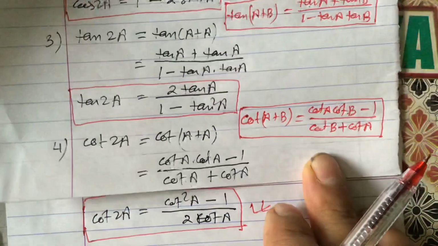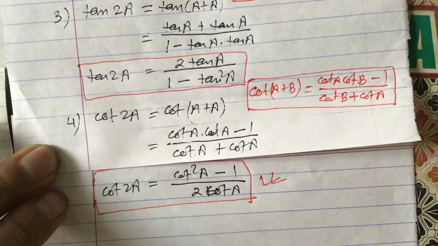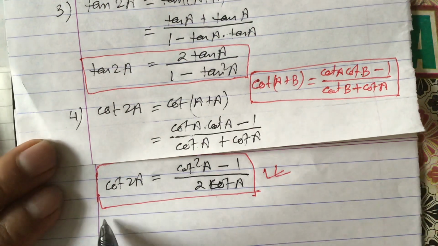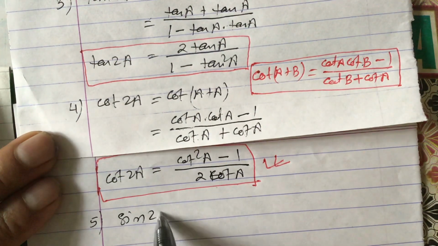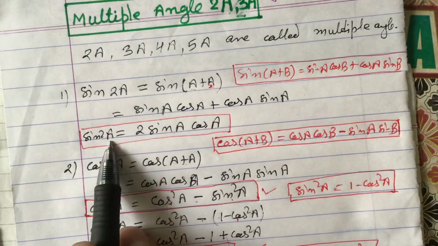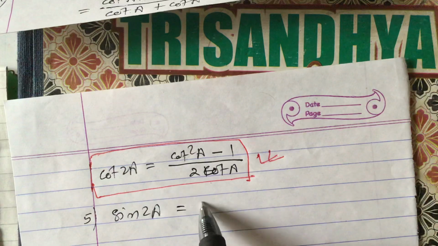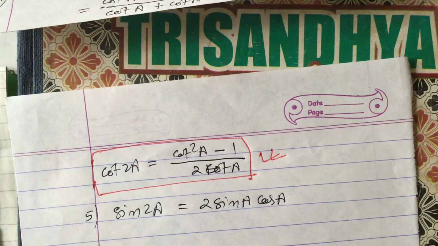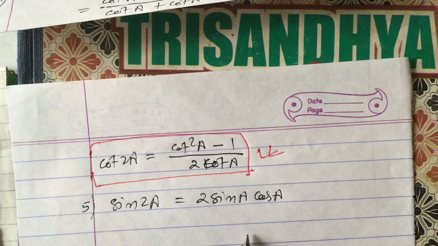Again, sometimes we need to apply the formulas of tan 2a, sin 2a and cos 2a in terms of tan also. So now number 5, which I am going to derive. Sin 2a we have already derived. Sin 2a is 2 sin a cos a. This we can write as it is. Now if you are asked to express sin 2a in terms of tan, what we have to do, that we are going to learn.